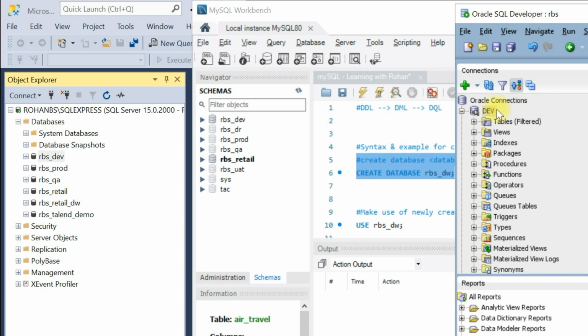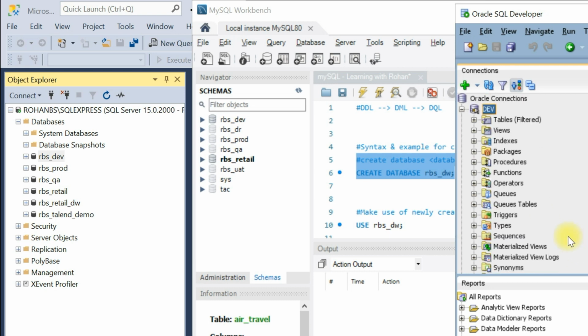In one server you have only one database, and one database can have multiple users. Here, the terms user and schema are the same. Whenever you create a schema, you basically create a user, and each user can have their own objects like tables, views, and so on.